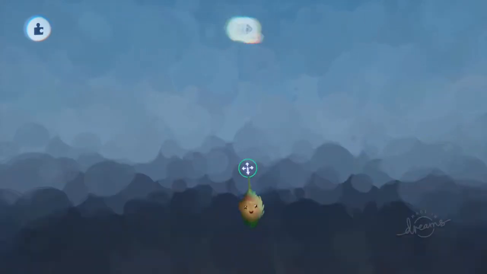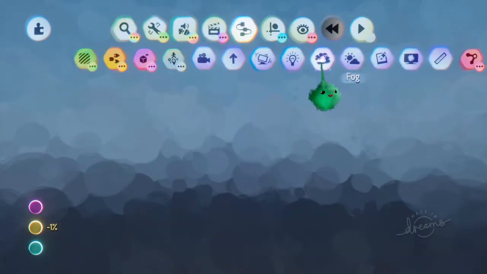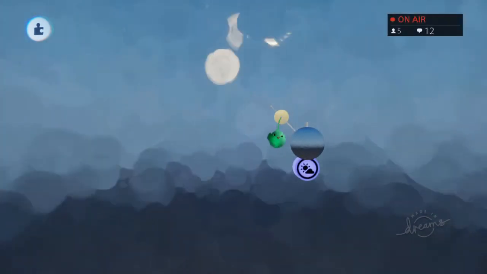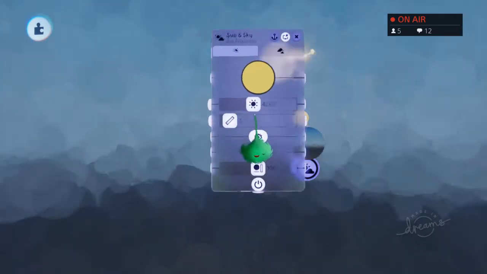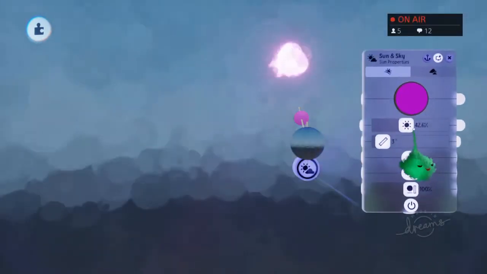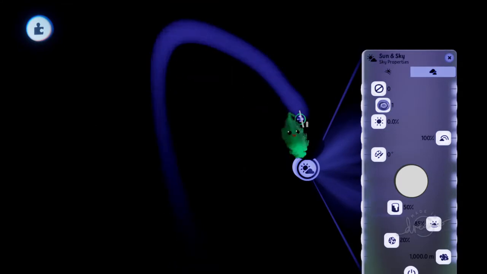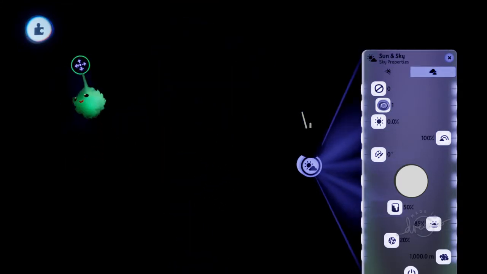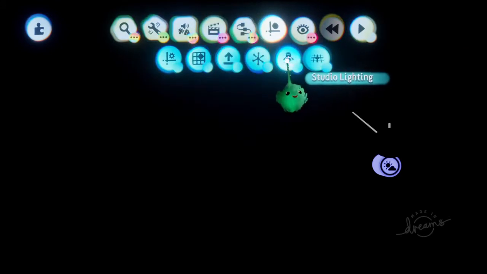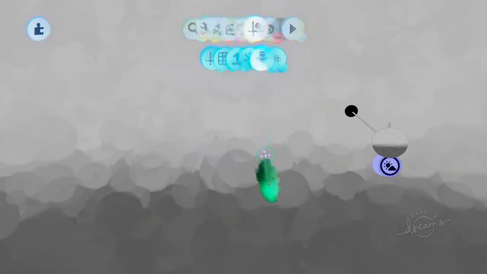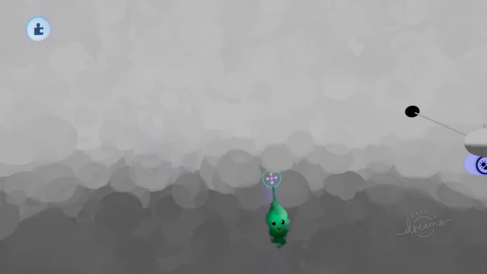So first you can delete the floor and then add a sun and sky gadget, and this moves the sun around the sky and changes how it looks. You can give it a different color and things. But I just want to turn the sun brightness to 0 and sky brightness to 0, and now I've got the black of space. And then I'll turn on studio lighting in the guides section, and that turns off all the lighting settings, all the glow, all that kind of stuff, and it just makes it so you can see what's going on in your scene without having to add lights temporarily